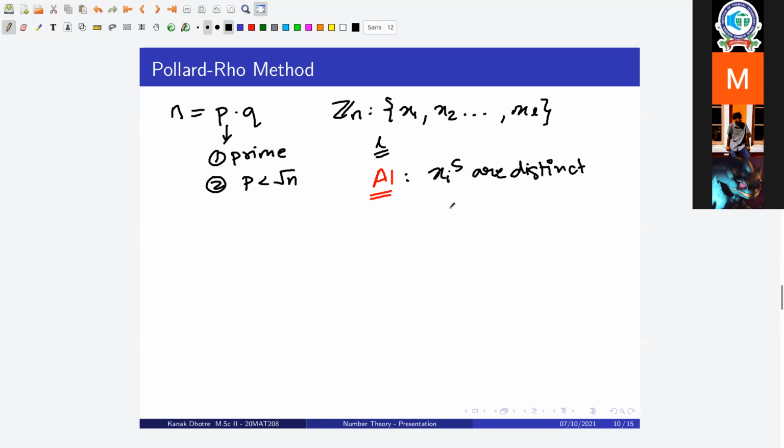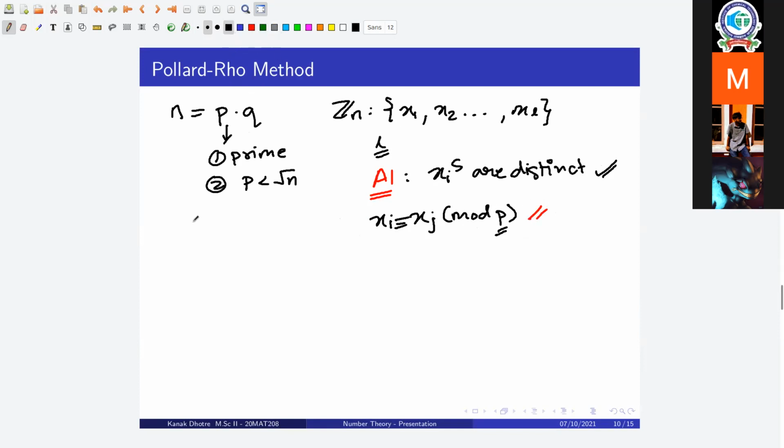And we'll verify each one of these. I mean, we'll come to each one of these assumptions again. And then in this set, what I'm doing is I'm looking at, say, xi and xj such that both of them are congruent modulo p. So we've not even started and we've already run into two major problems. One is that I'm assuming that these xi's are distinct, and two is that I'm testing for a condition that depends on p when I don't really know what p is, right? But we'll come to both of these problems in a short while.